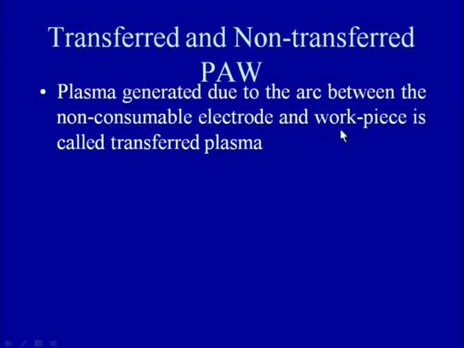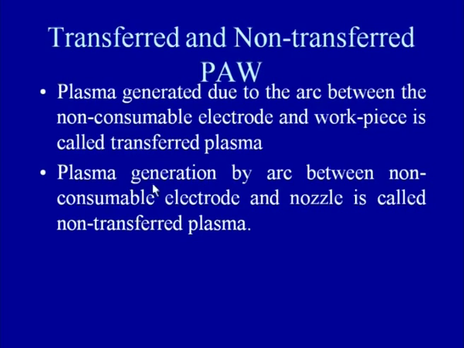Now, this plasma can be generated by the flow of the plasma forming gases when the arc is established between the non-consumable electrode and the workpiece. When it is done, then we call it a transferred plasma. Means in case of the transferred plasma, the plasma is generated by the arc which is established between the non-consumable electrode and the workpiece. So, this is a situation when the workpiece is a part of the electric circuit in case of the transferred plasma, while